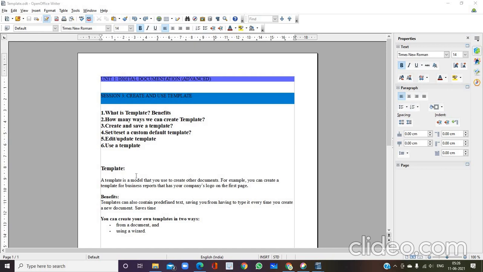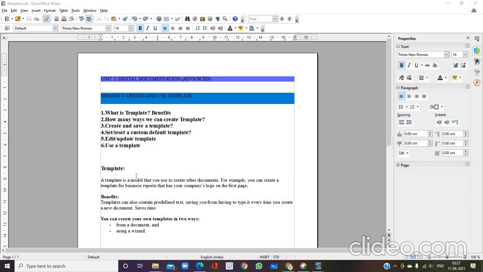The advantage here is you need not type the format every time, like the letterhead. The letterhead is kept ready. They keep this template ready, and whenever they need it, they simply use the template.